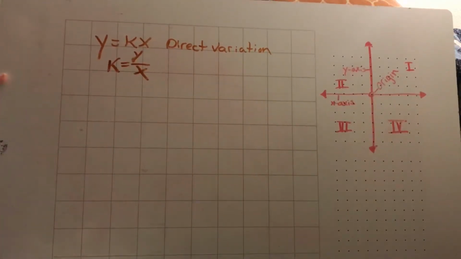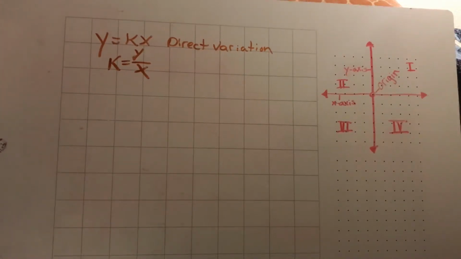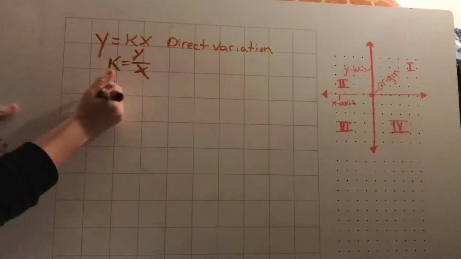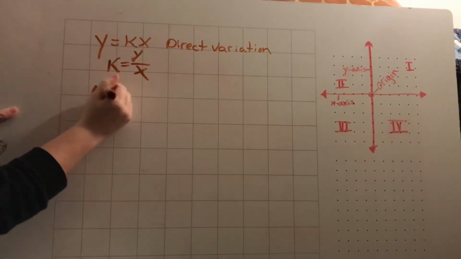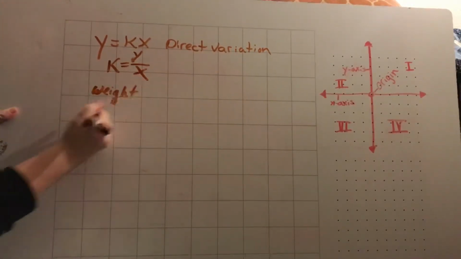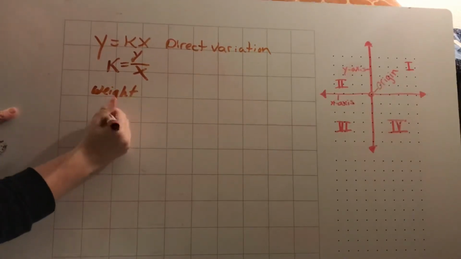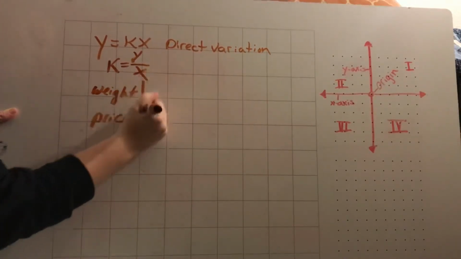And then we have a table. It says, tell whether each set of data represents a direct variation. If it does, identify the constant of variation, and then write the direct variation equation. So they want you to find k. So we have weight, and then we have price, and we have these boxes,